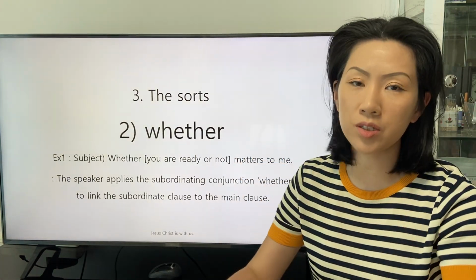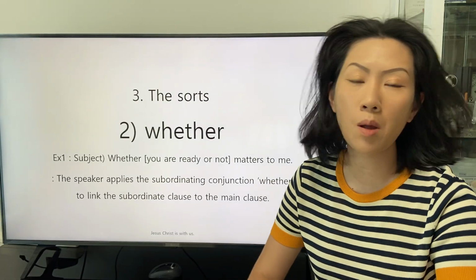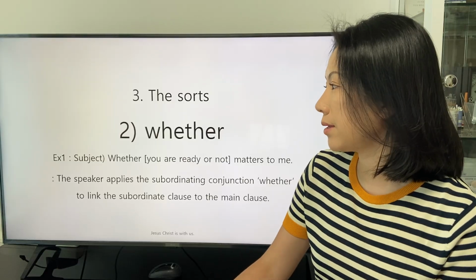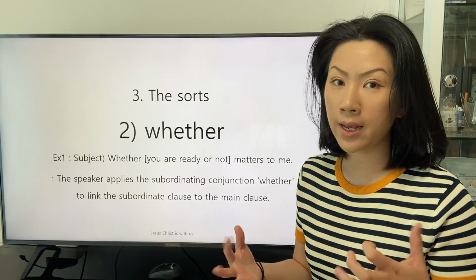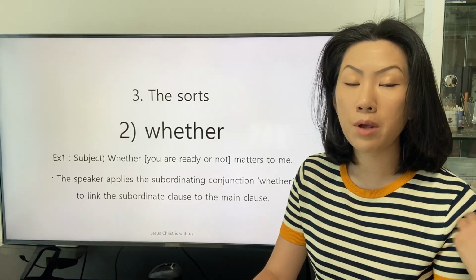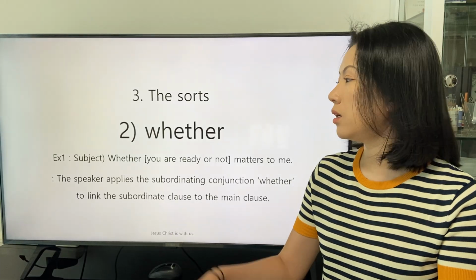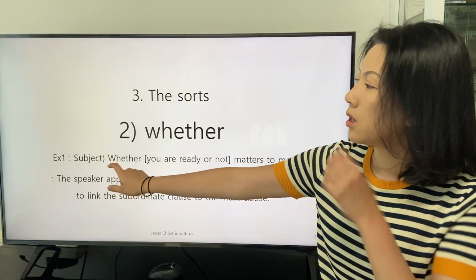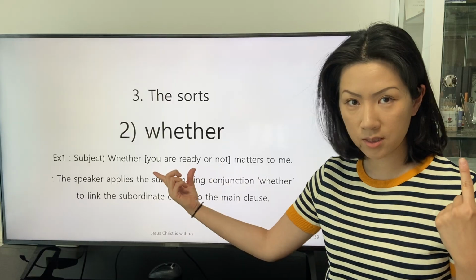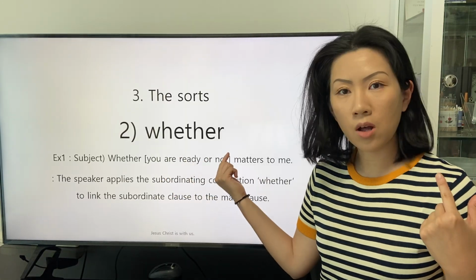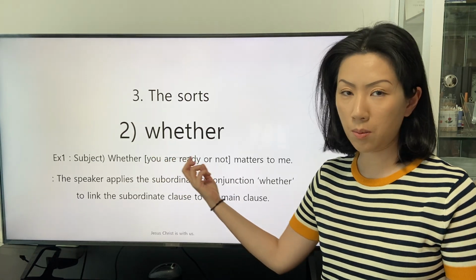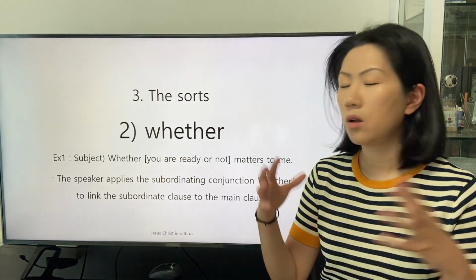Morning. Let's continue to study the subordinating conjunction whether. The first example in which whether is applied is this: Whether you're ready or not matters to me. In this sentence, the subordinating conjunction whether links the subordinate clauses. The second clause is abbreviated. So we can say that the subordinate clauses